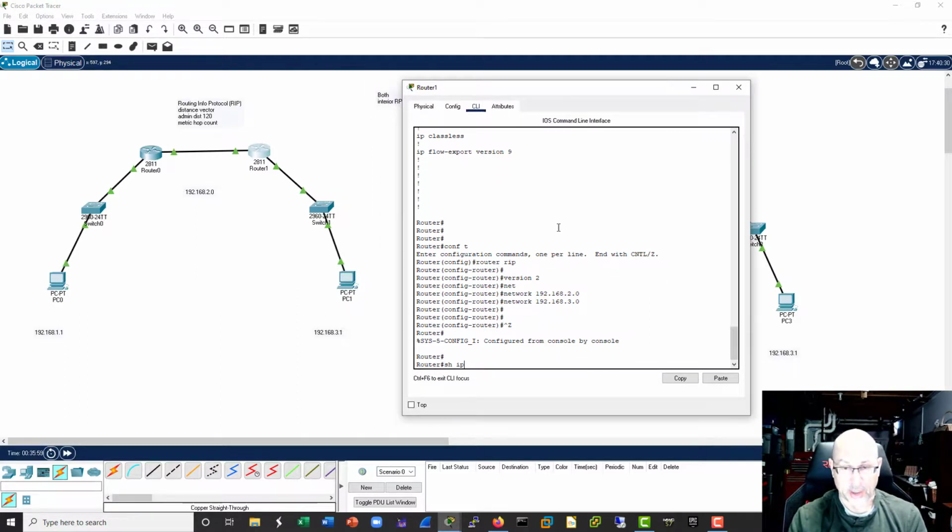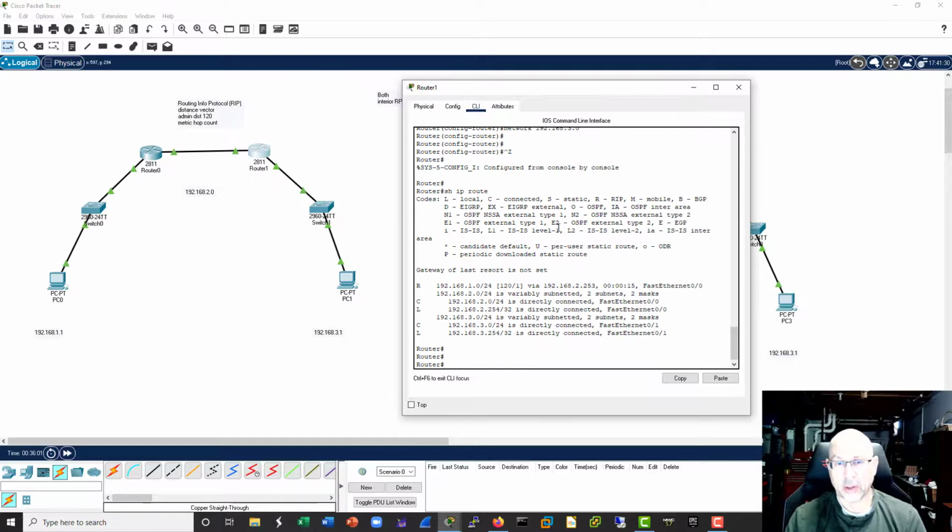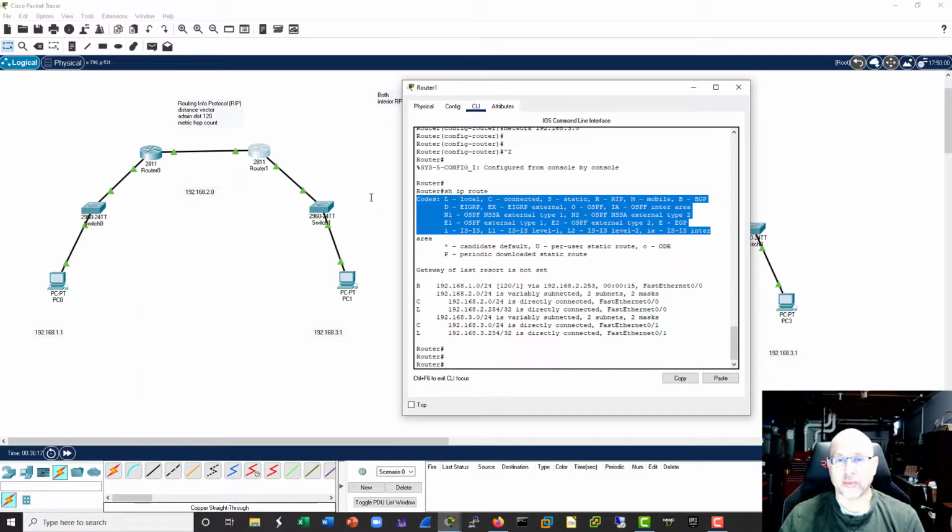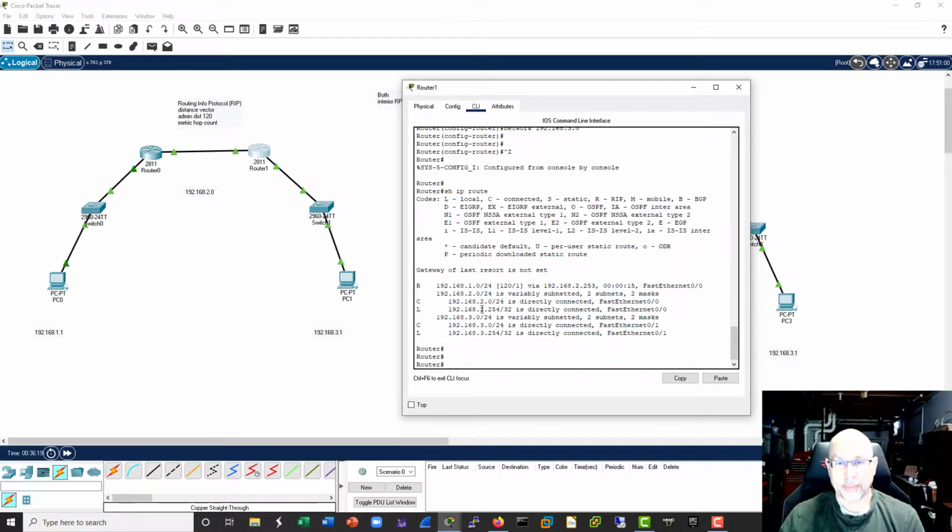Well, it taught us where the other network is. And here we have our RIP learned route. Now, it's instructive, I suppose, to take a look at this routing table entry. And we can see, first of all, we got this nice little R out here. It just tells us that it's RIP, and we get that from up here on a Cisco router. And then here's the network and the mask, but what's this about? Well, that is the administrative distance and the metric. So 120 for RIP, and the metric is 1